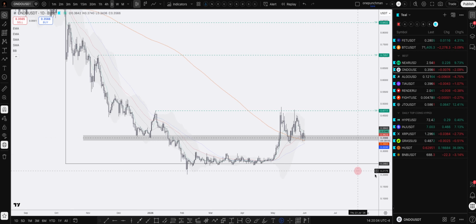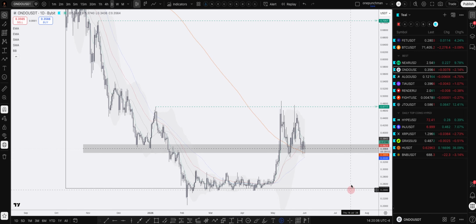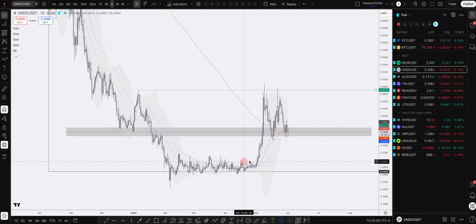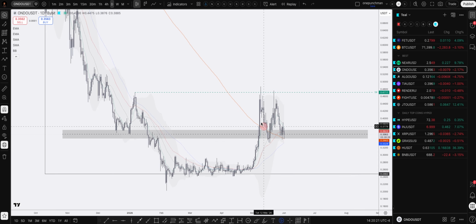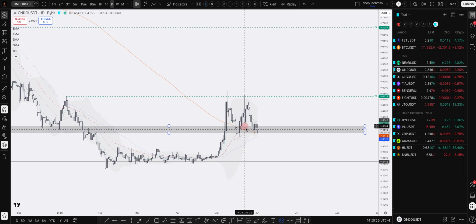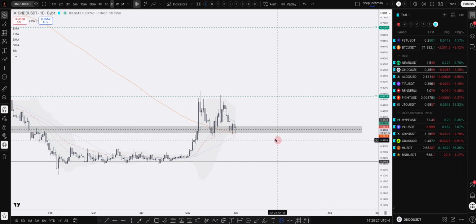This is another great example I was saying, right? You have price moving inside of a range here, and then once it starts to break out, you could take a chance on it and try to ride it to the highs here. Or you could now wait. You can see the moving averages are starting to flip, right? It's reclaiming the 200. So what you want to now see is all